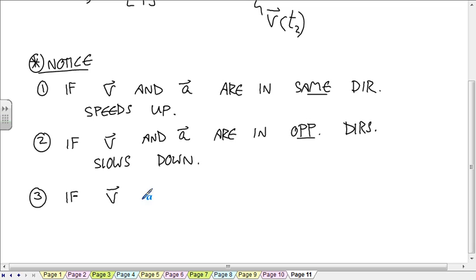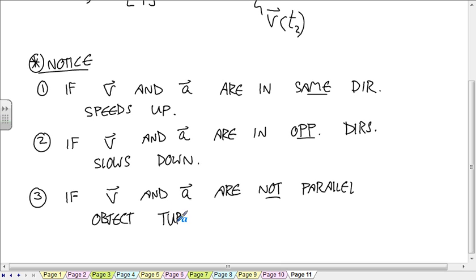If the velocity vector and acceleration vector are not parallel, okay, so in these first two cases the velocity and acceleration vectors are parallel one way or another, then the object turns toward the acceleration vector. Okay, so